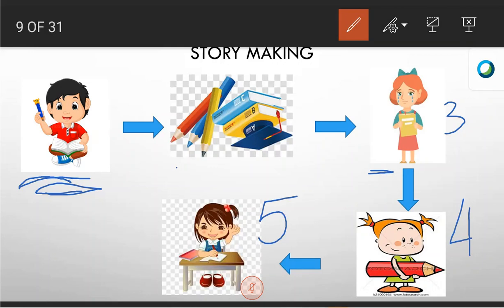Yes, if you got the pencils, you will also feel happy, no? You feel relaxed. Yes, I can do my writing work now. What happened here? The boy is sharing. What does the boy do? Sharing his pencil. One boy told the answer, no. The boy is sharing the pencil with whom? That girl. Okay. Thank you, dear. You can type the answers in the chat box with your parents' help.